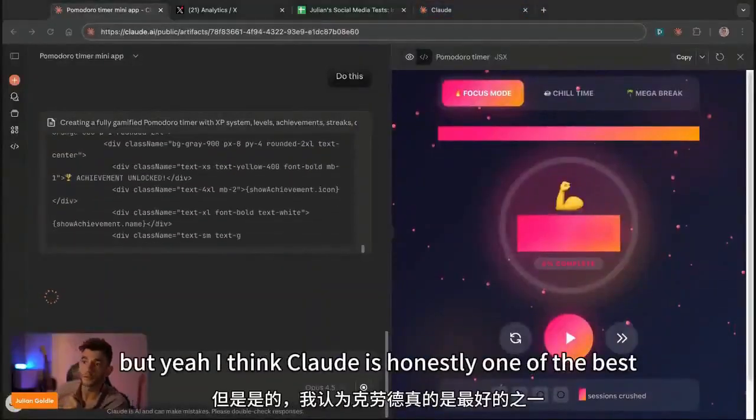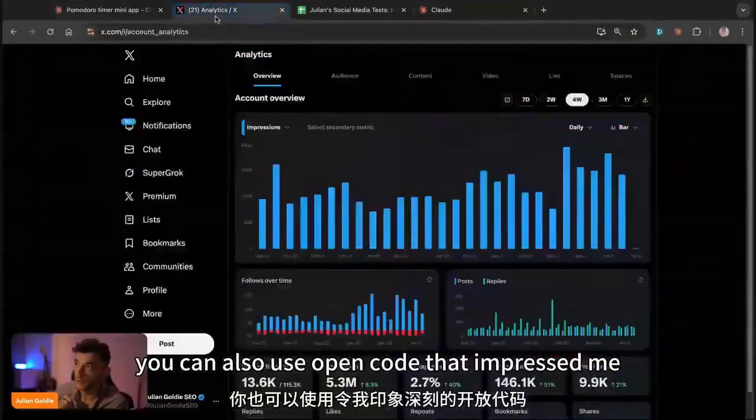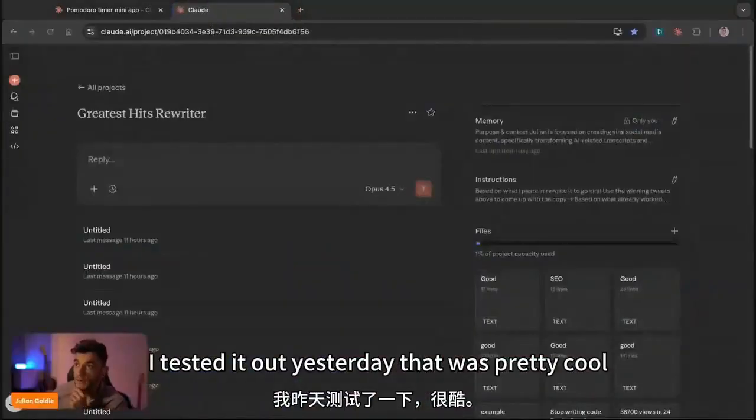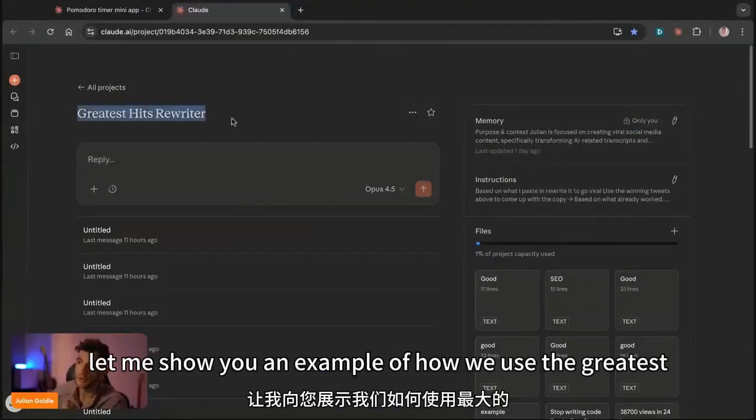But yeah, I think Claude is honestly one of the best. You can also use OpenCode. That impressed me. I tested it out yesterday. That was pretty cool. But yeah, so let me show you an example of how we use the greatest hits